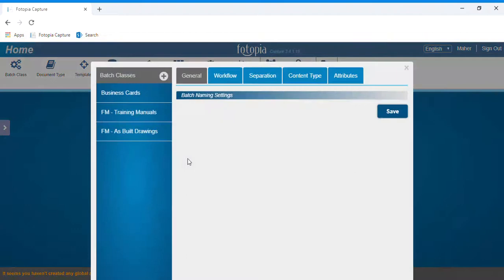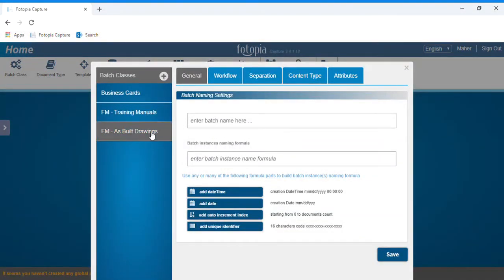Click on Batch Class. As you can see, on the left there are 3 batches that were already created, and now I will create a new one which I will call Invoice. And then I will create a naming formula by entering the same name once more, followed by a dash, and then selecting, for example, date, time, and auto-increment index, which means that when any batch will be exported, it will be called Invoice and have the name and time of its export and will carry a serial number that will